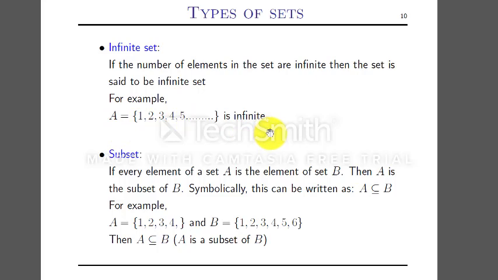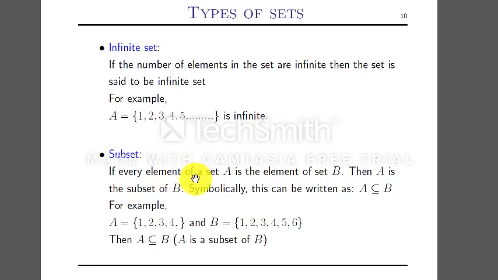Every subset of the real numbers which we have defined earlier, the set of natural numbers, set of even, set of odd, set of whole numbers, integers, positive integers, negative integers, are all infinite sets because they are subsets of an infinite set, which is the set of real numbers. That's why all the subsets of the set of real numbers are infinite sets.